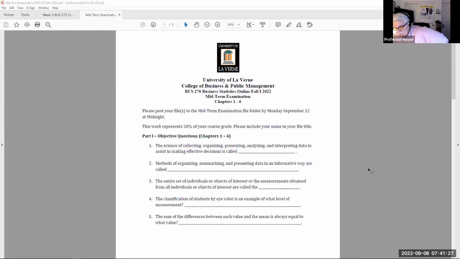The purpose of the midterm examination in week 3, and I know that this is a lot for the first 3 weeks. You've done a case study, now you're doing a midterm. But then with our paperwork over the next few weeks, things are a little bit slower. Paperwork, you're just concentrating on one idea or one thought, one value, one interpretation, and then explaining it. And so that makes it a little bit easier to do your work. But now we just want to make sure that you have the basics of the definition of statistics. And that's what this midterm's about.